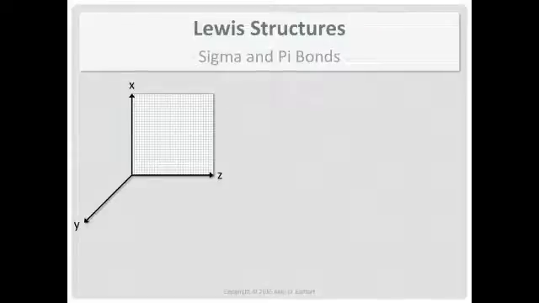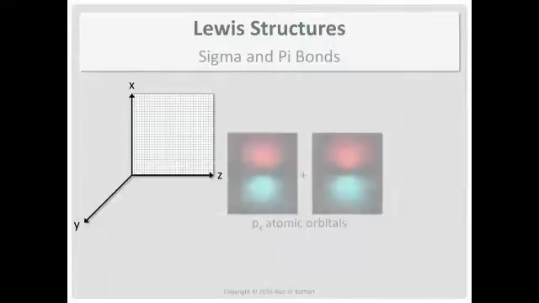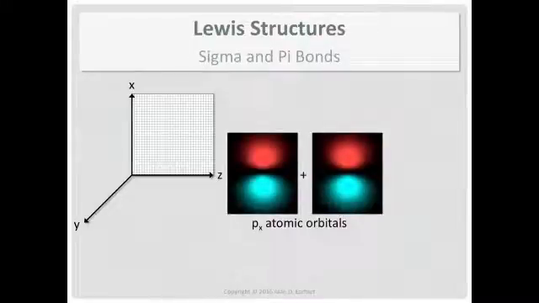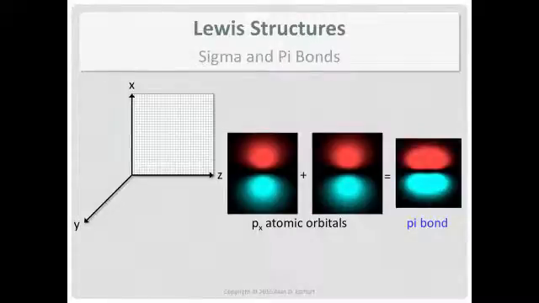So we still go back to the Cartesian coordinate system, but now instead of the z-axis, we look at the x and the y-axes. So you think of those wave functions, conceptually, being parallel to each other. So when the x's come close, you get the red areas and the blue areas overlapping, and you make a pi bond. So p for atomic orbitals, p turns into pi for these new orbitals, for the molecule.